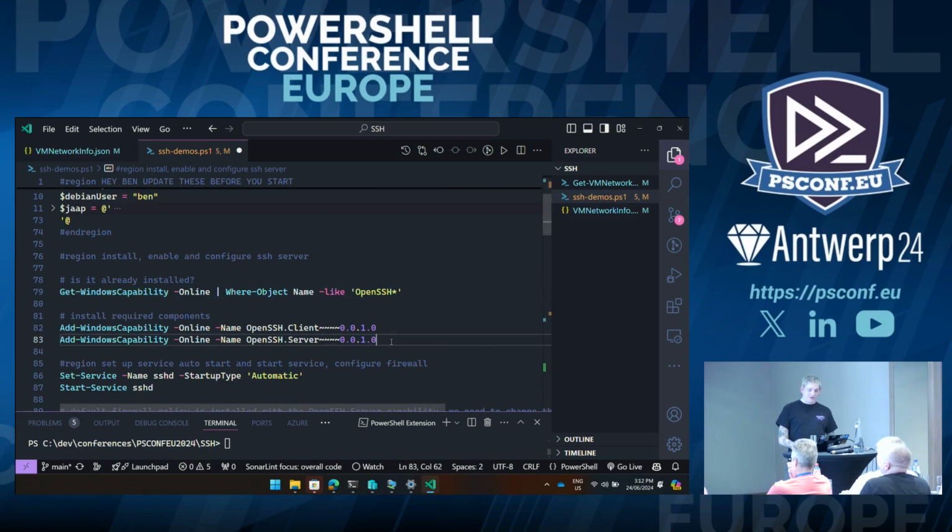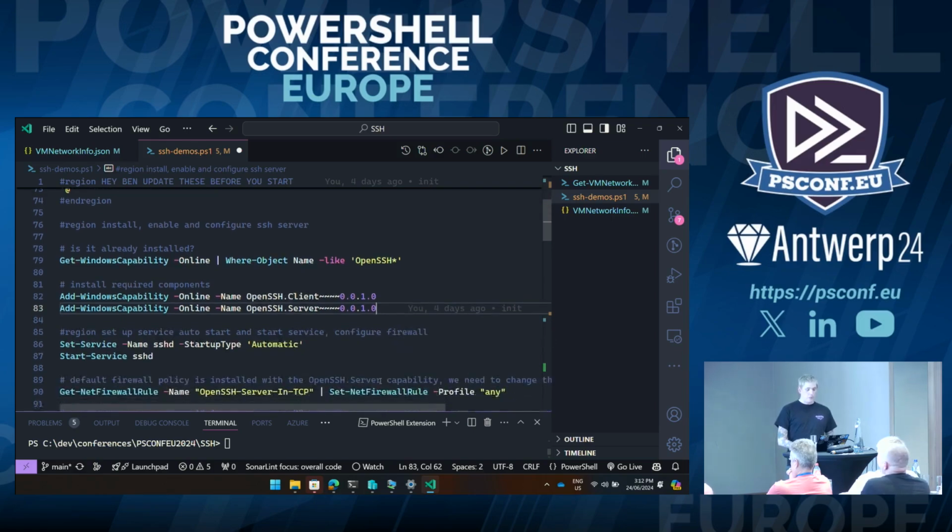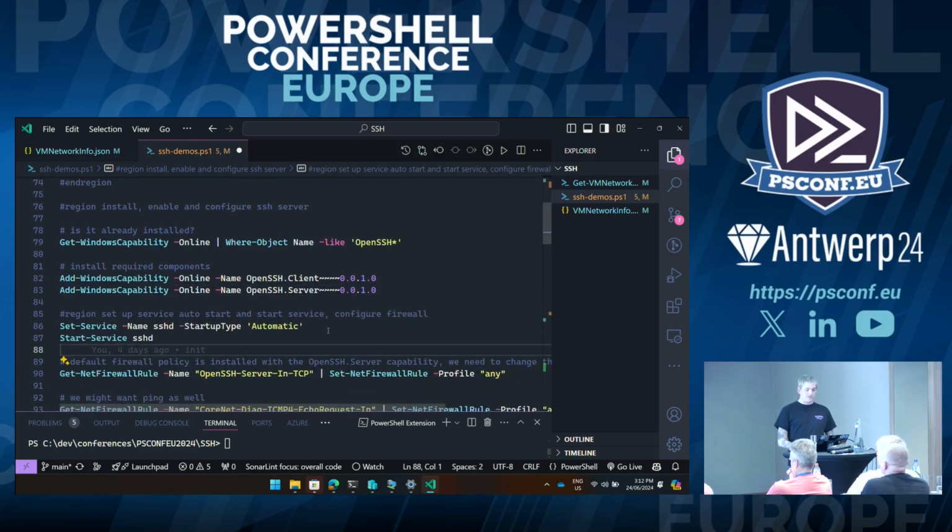You need to download and configure this. To do that, we literally run these two things. The client is what we use to connect and interact with machines, and then the server is essentially what will accept those connections. Once we do that, we then just need to go in and set that service to a startup type of automatic. From say line 86, this is all we need to do now in a 2025 environment because all of this is already installed. So it's there. We don't need to worry about searching for it. It is. We just need to turn it on.